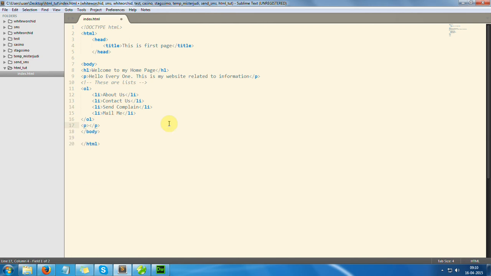Let me use a paragraph again here. This is definition list. In definition list we are going to use the tag DL. DL has DT. These are terms, definition terms, definition list. Every definition list has definition terms and data definition. So let's say reach me,